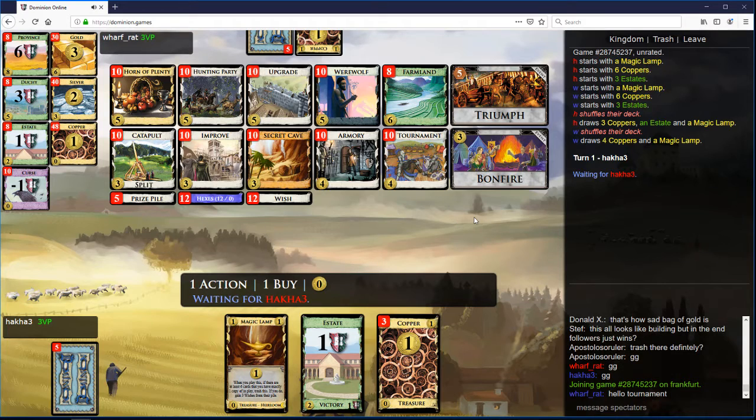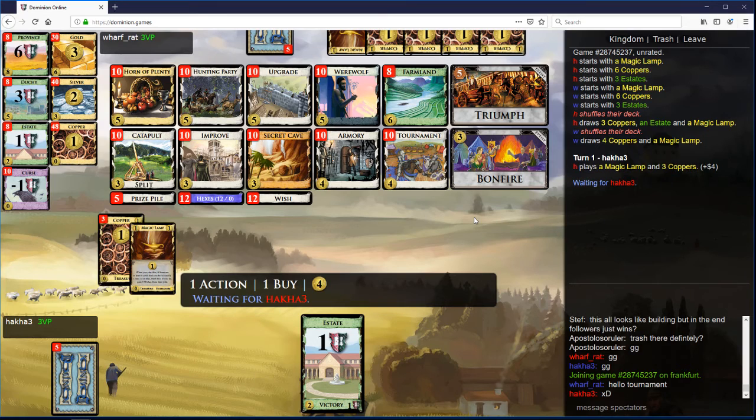You have Improve, you have Tournament, you have Upgrade, Bonfire, Triumph. It's going to be big. Horn of Plenty. I'll Triumph and/or Horn of Plenty, but the tools to be able to gain a ton of cards on a turn. But Horn of Plenty is the tools to end the game if you get a big enough stack of them. So you're going to go for at least some of them, and then it's just a question of whether you're ending the game on piles or...